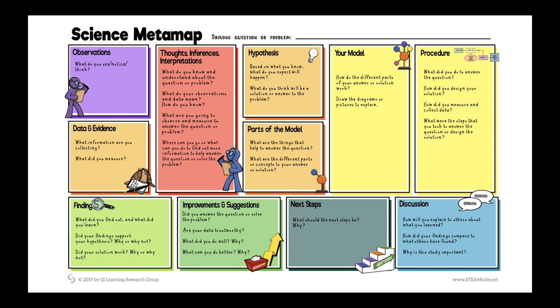Now, the difference is, unlike the scientific method, which is linear, a science metamap is kind of like a plate where you're stacking all your food, but you don't want to just dump everything in one place because you can't make order of it. So you put those little bits of investigation, the data that you find, the processes that you find, the hypotheses and the models and things like that in one organized place, so that when it comes time to report things using the scientific method structure, you can do it in an easy way.